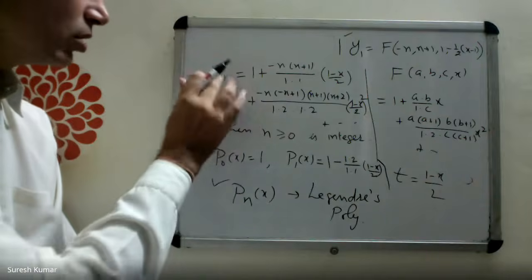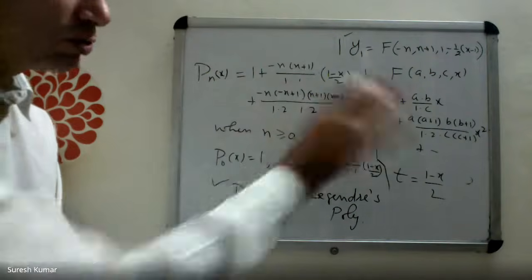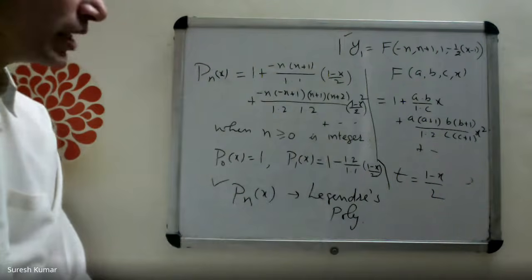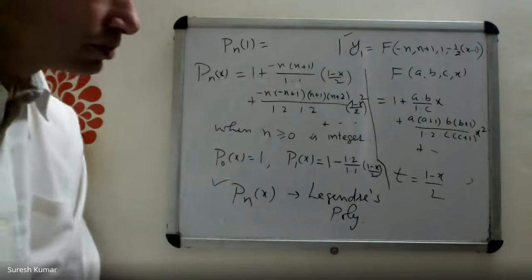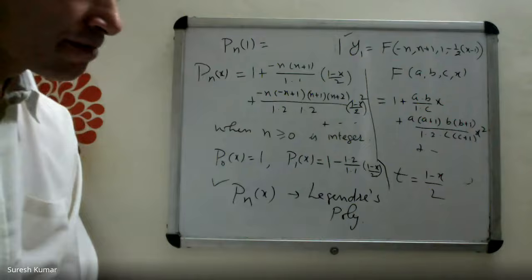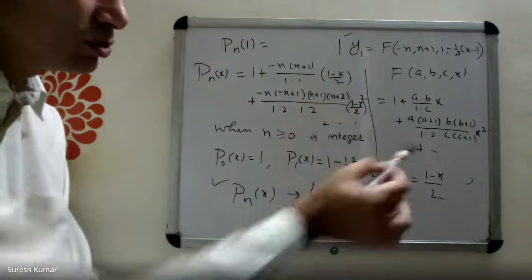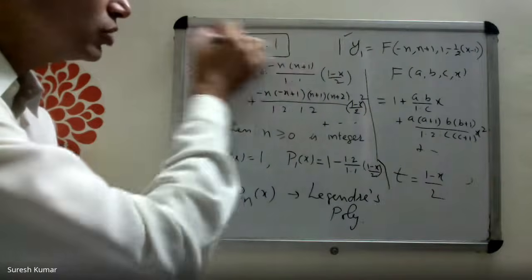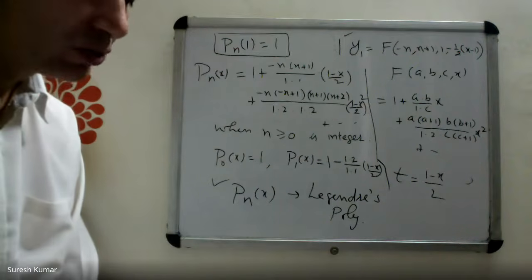Another thing in this solution, let's denote this solution by Pn(x). Naturally, there would be n plus 1 terms, and that would be a polynomial of n degree. What is the value of Pn(1) in particular? Can you tell? In this expression, if I put x equal to 1, you understand these terms would be 0. So you are getting 1. So this is one particular feature of Legendre polynomials. Values of these polynomials at x equal to 1 are always 1.